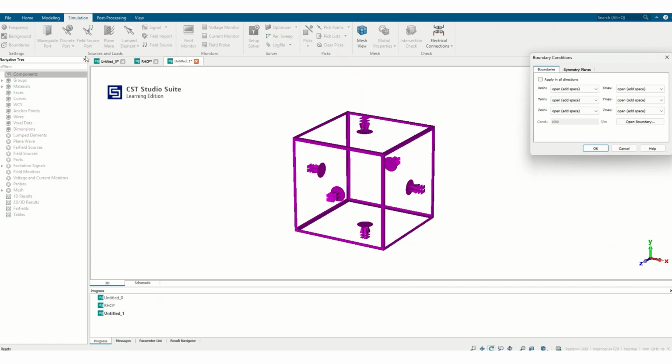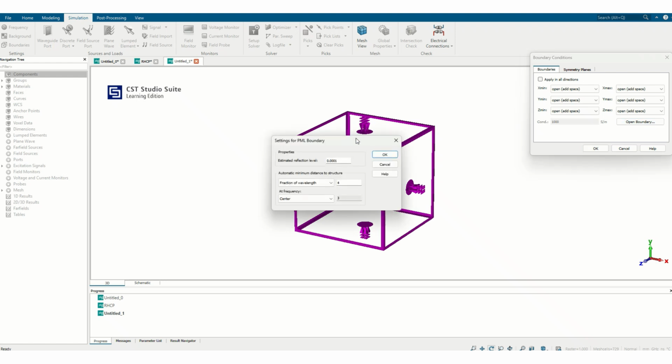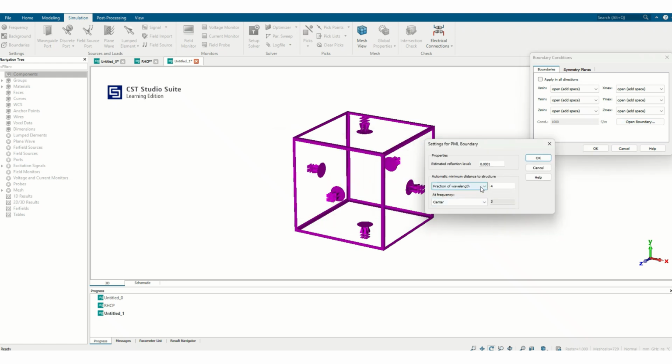And here you can see the boundary. So if you are going for the antenna simulations, you can always use the open boundary. So when you go to the settings of the open boundary, you can see that the open boundary condition is automatic distance to the structure. Here you can see the fraction of wavelengths. That means that this boundary is set at lambda by 4. So this is very important, to set the boundary condition as lambda by 4. Here, this is the center frequency. Here you can provide at which frequency you have to define this box,